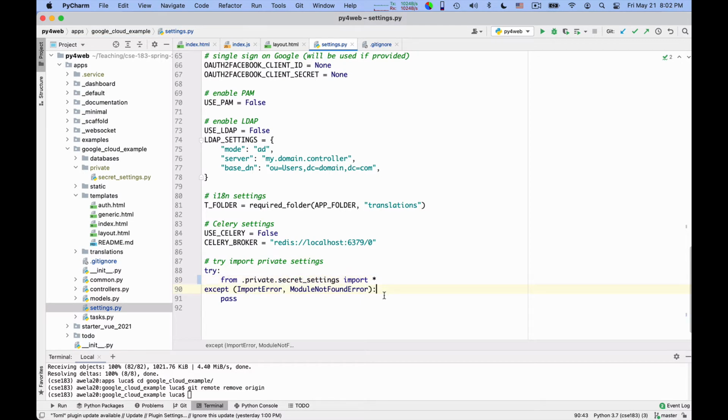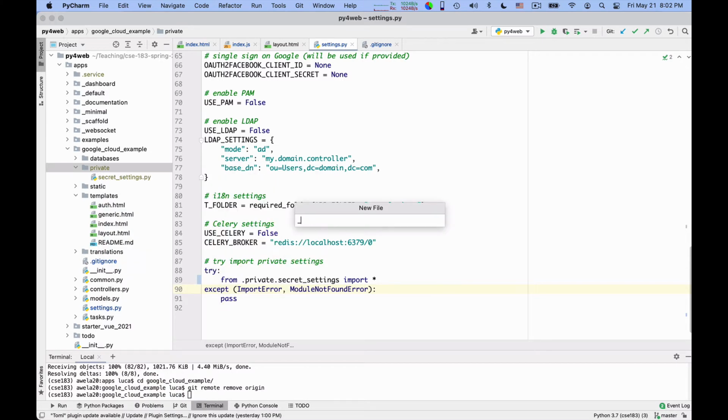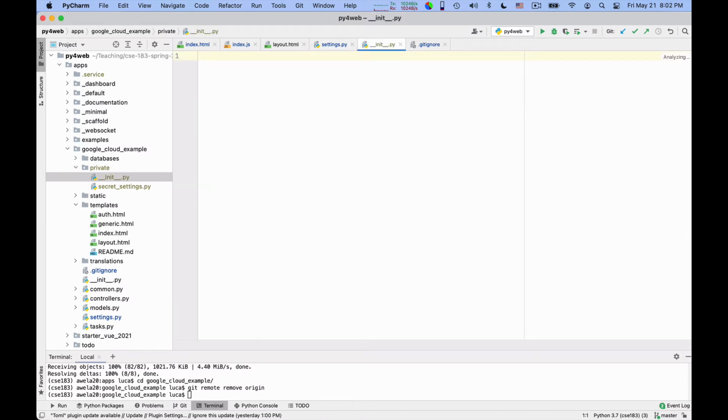Now to make this work, I think I need here an init file, __init__.py, which I can leave empty, but it has to be there. So that I will be able to import things from secret settings.